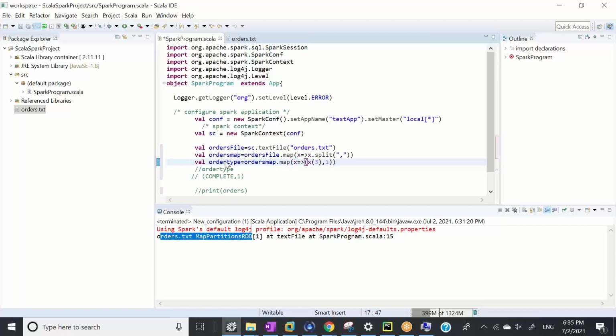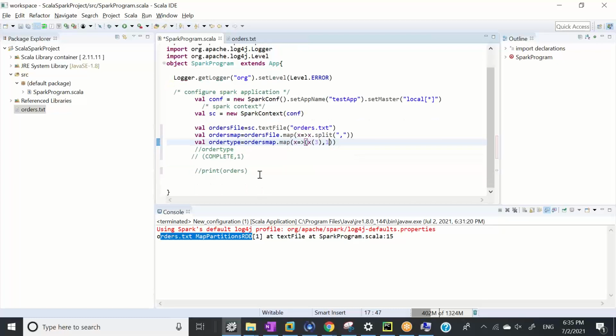Right? And now when I see the output, it is an RDD of string and int. So it means a tuple of string and int. String is the order status and int is just one, right? Now let's say if I want to count the number of orders